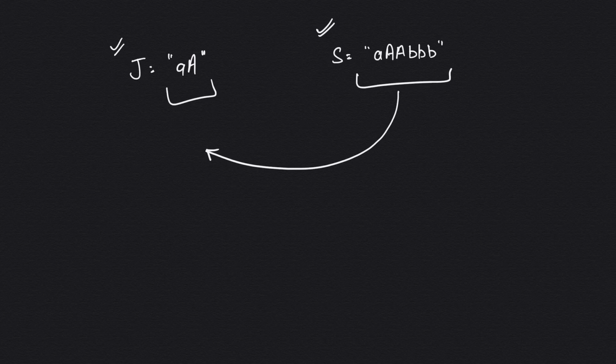So what is the easiest way? I will loop through S and check whether every single element is in J or not. Whenever I encounter an element which is in S and also in J, I will increase my count. So I will make a variable count which is 0 initially.